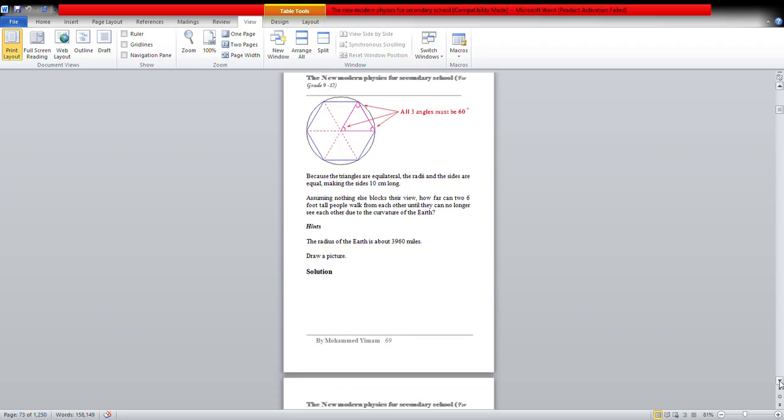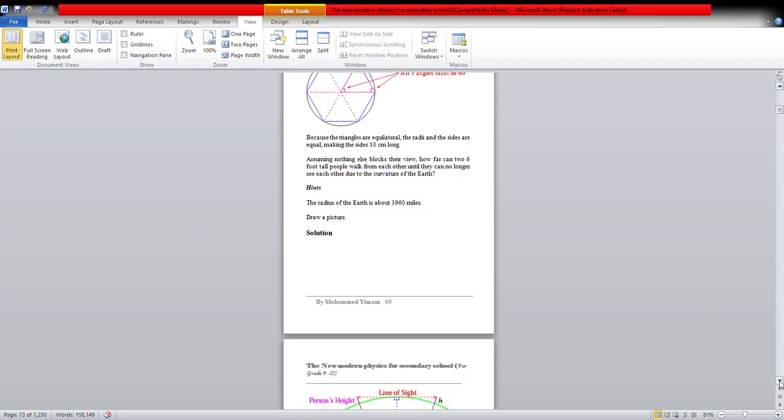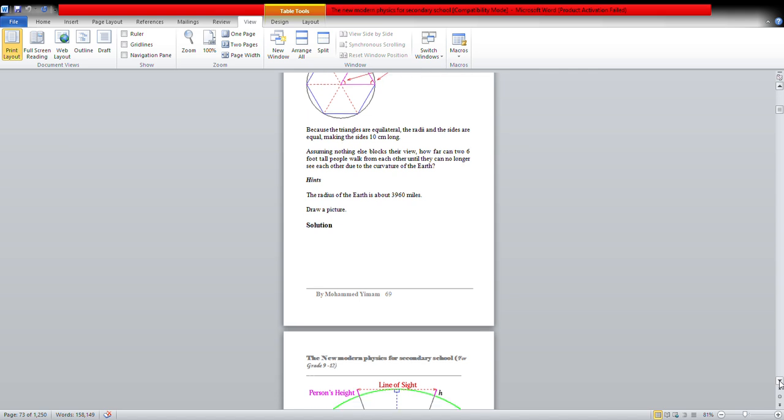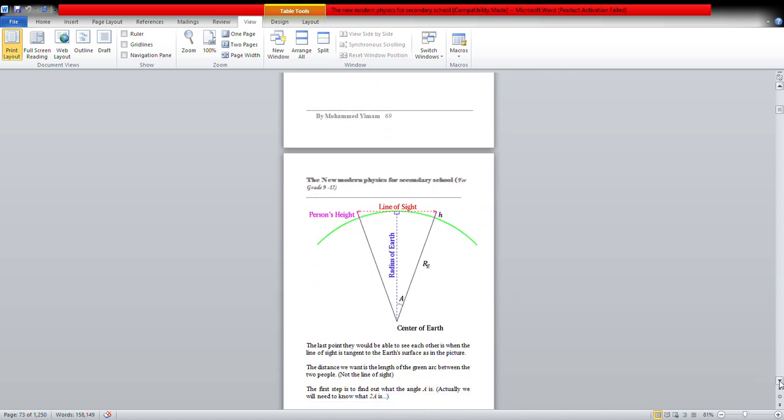Assuming nothing else blocks their view, how far can 2 6-foot tall people walk from each other until they can no longer see each other due to the curvature of the earth? Hint: the radius of the earth is about 3,960 miles. Draw a picture. Solution: